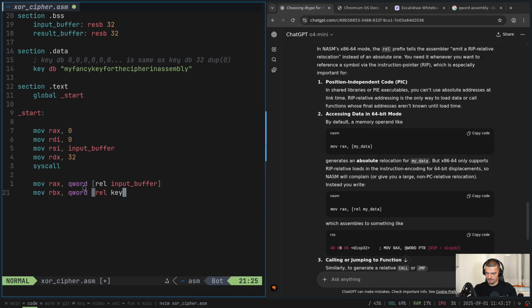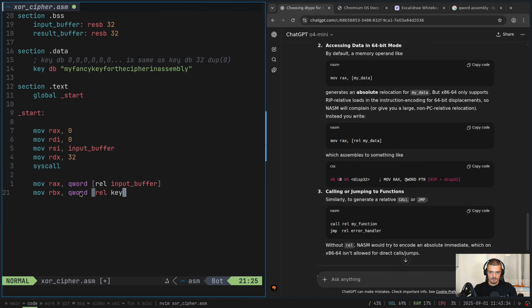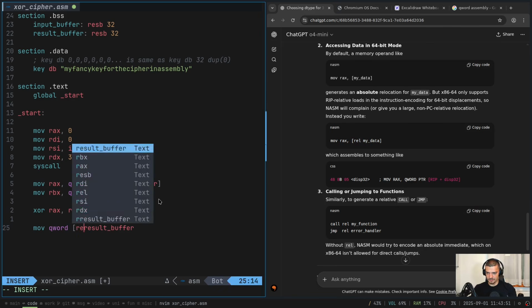I'm not sure if I have a syntax error because the highlighting is different. Probably, I don't know. Yeah, let's just keep it like this for now. But basically, I should be loading now 8 bytes from each. And then I can just do XOR of these two. And then I should be able to load a keyword into result buffer, of course, with rel again,